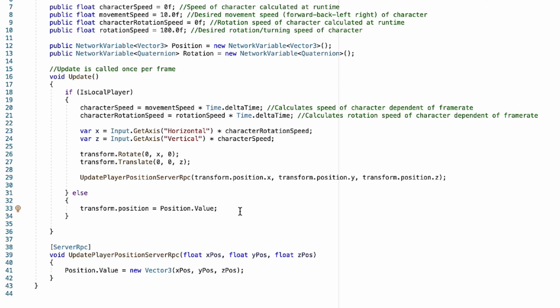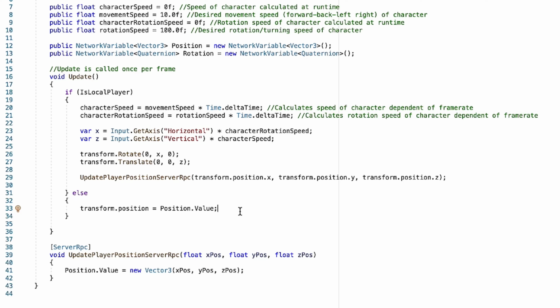So this particular line of code ensures that every player object that is not the local player has the most accurate network variable position at any given time. What that means is that you're always seeing the most accurate position for all other players in your game as the game progresses. This concept can be a little bit tricky because you need to remember that though we've updated the positional value on our server, that does not automatically update player positions for players who are not the local player in any particular gaming session.